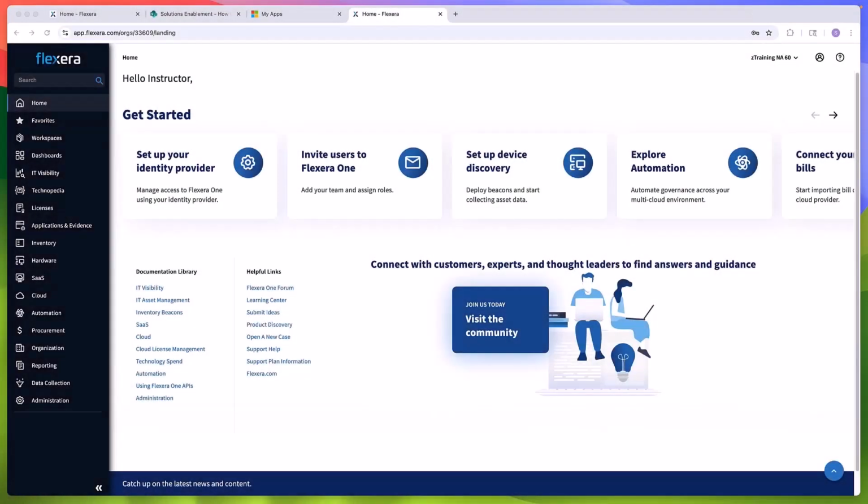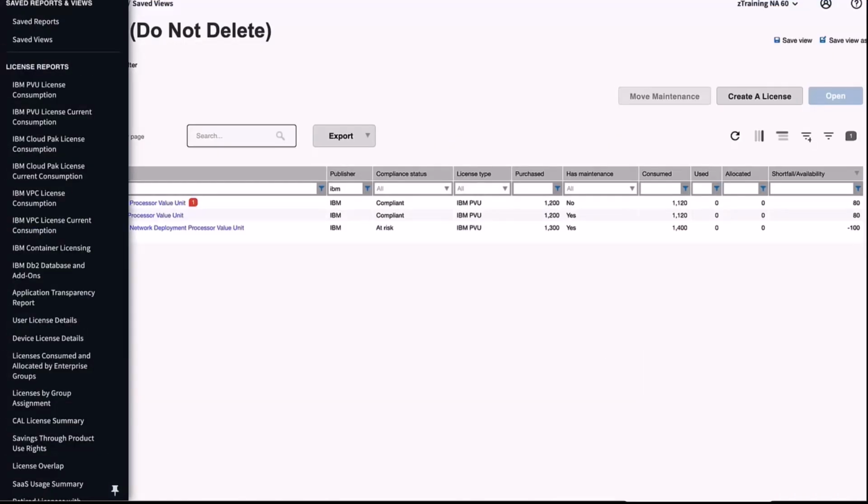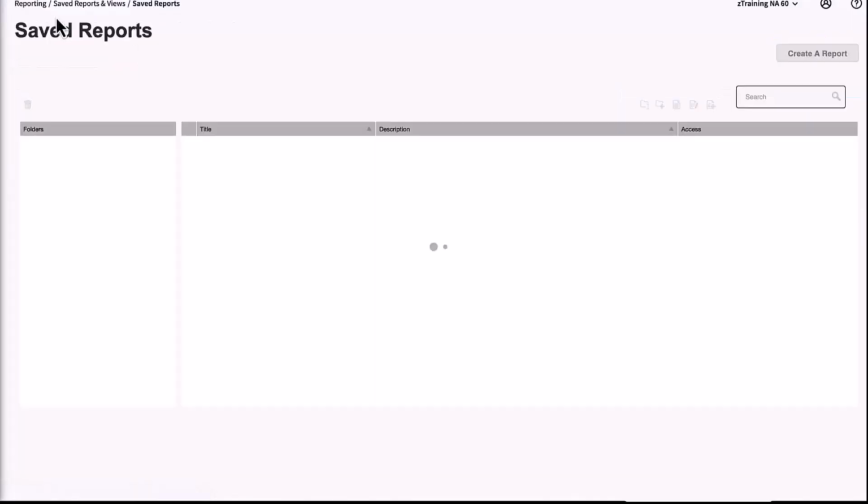In this video, I'm going to walk you through creating a custom ITAM report in Flexera One. The credentials you'll need to perform these functions in IT asset management is the default operator role or higher. Let's get started. If I go to my reporting menu option now and go to Save Reports, you will see